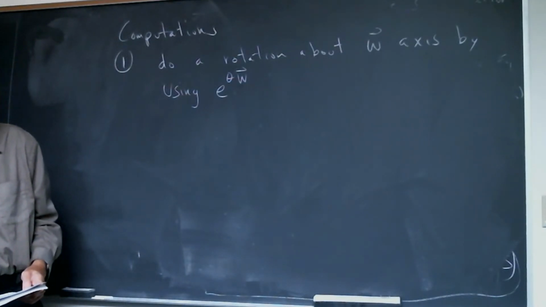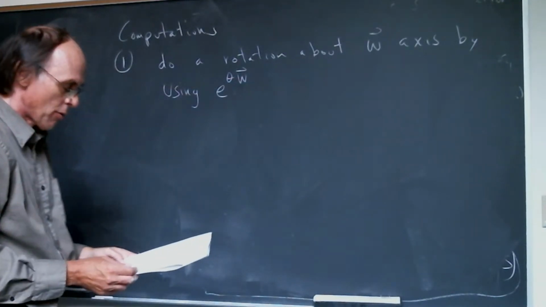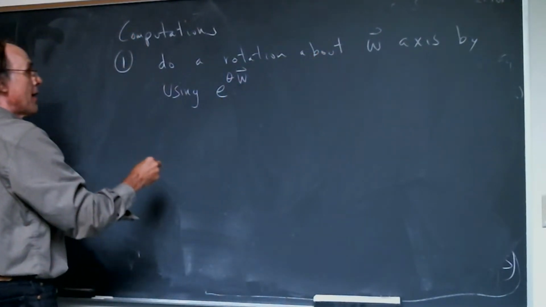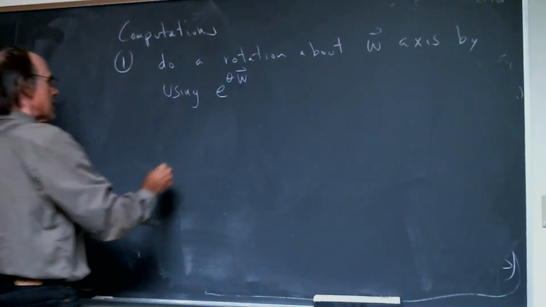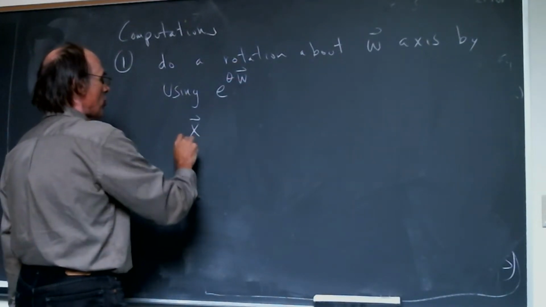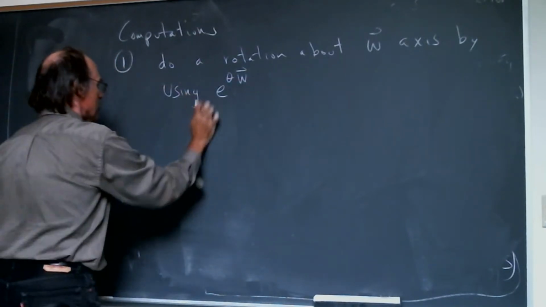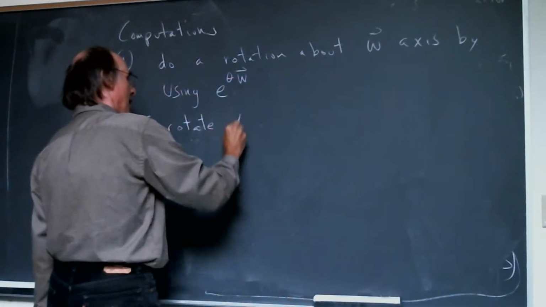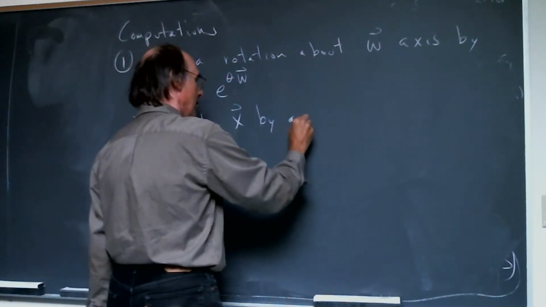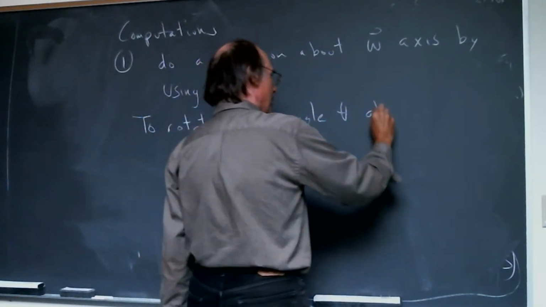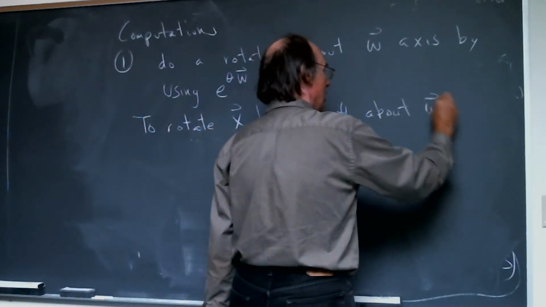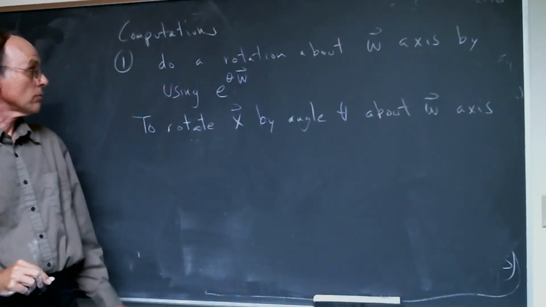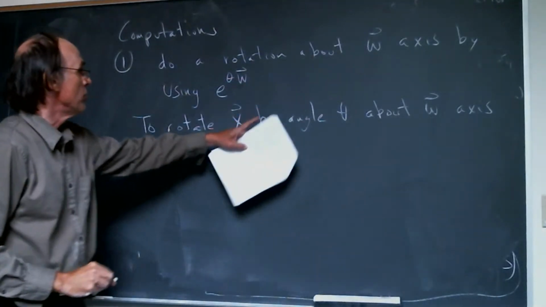Okay, and so to rotate the x vector by angle theta about the w vector axis, what you do is